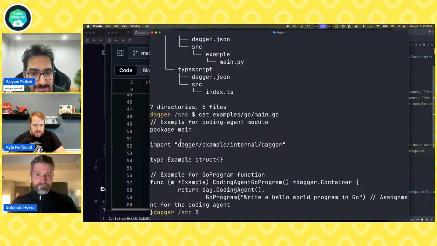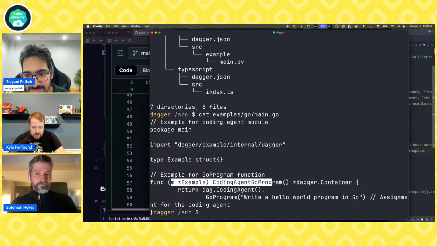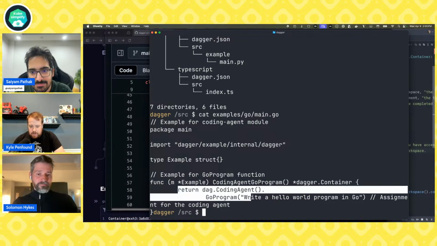So it made a Dagger module, because examples are also Dagger modules that show how to use your module. It says this example is our coding agent Go program, and it's going to give back dag.codingagent.go program, write a hello world program in Go. So this is actually a valid use of the agent we just wrote in Go code, right?